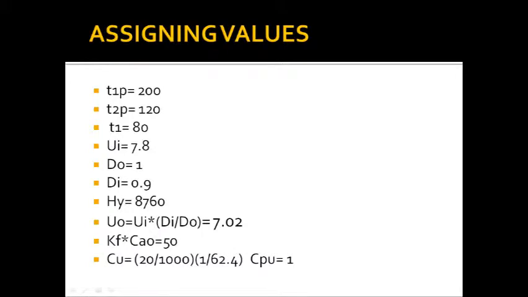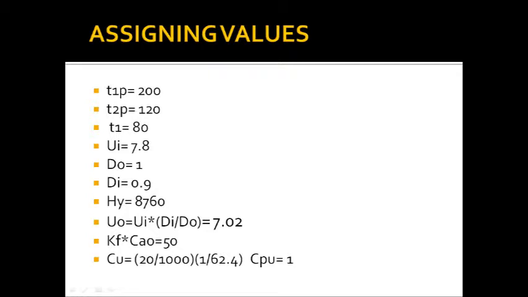And assigning the values for the variables, we have the entering temperature of the process fluid at 200 degrees Fahrenheit. The exit temperature of the process fluid is at 120 degrees Fahrenheit. The entering temperature of the cooling water is at 80 degrees Fahrenheit. U sub I is equal to 7.8 BTU per hour per square foot per degrees Fahrenheit. D sub O is equal to 1. D sub I is equal to 0.9. H sub Y is equal to